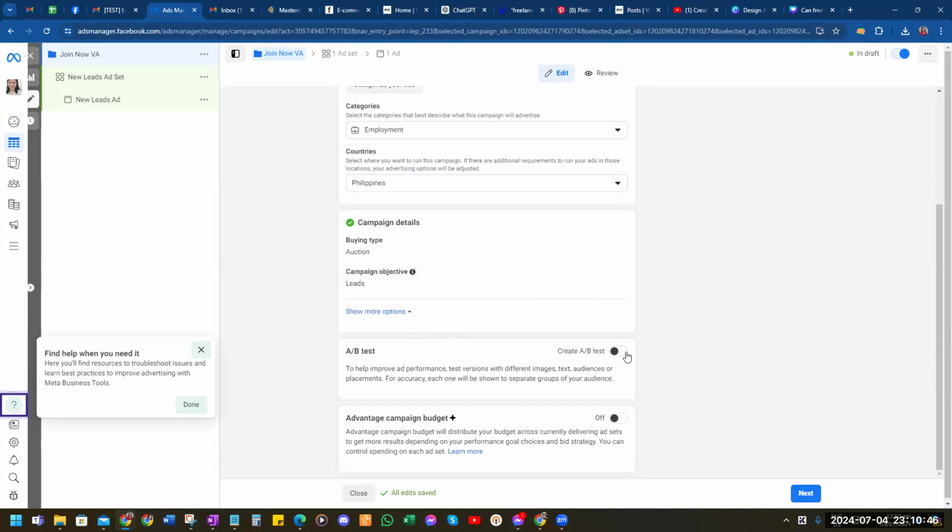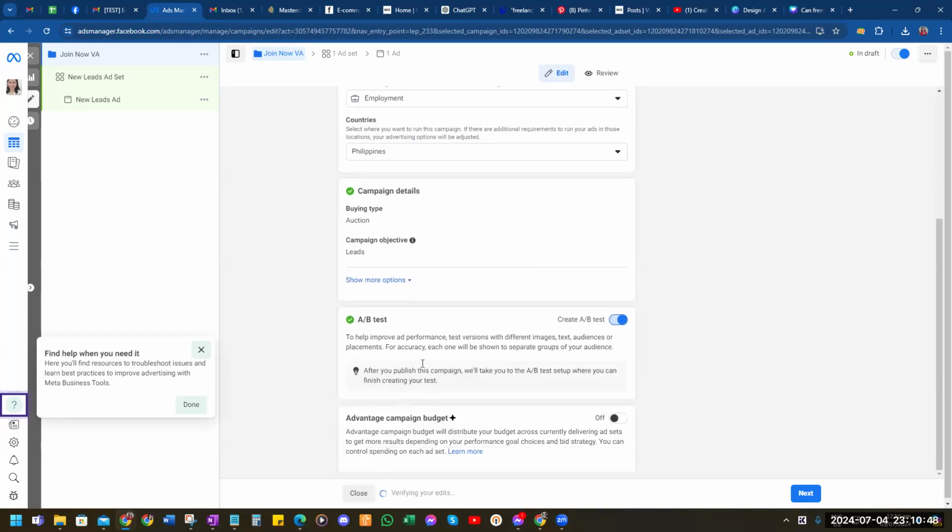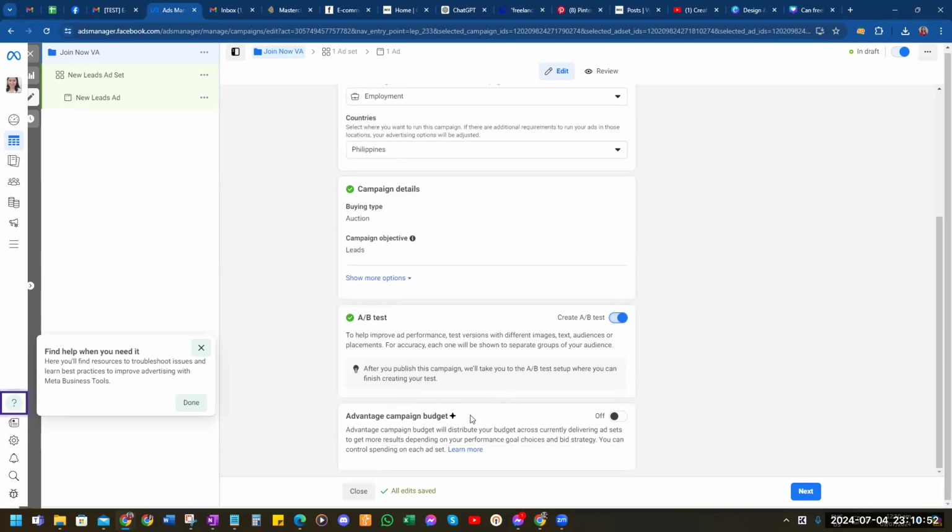And then A/B test to help improve and performance test versions, images. And then advantage campaign budget will distribute your budget across currently delivered ad sets to get more results.